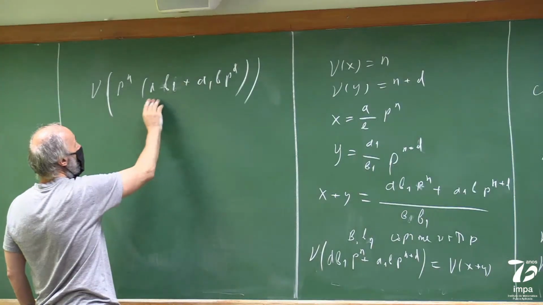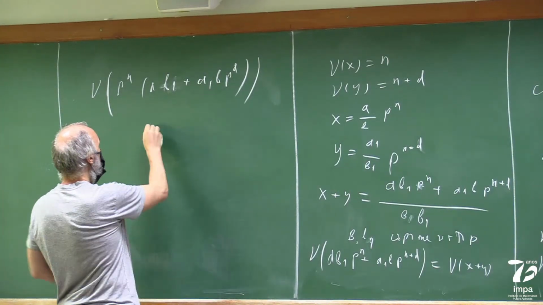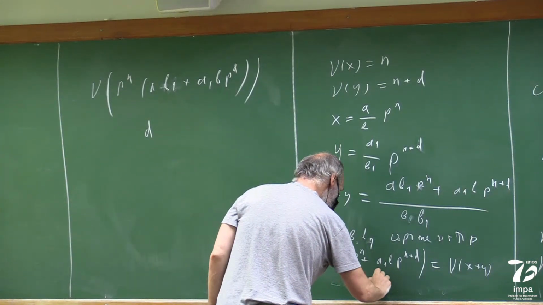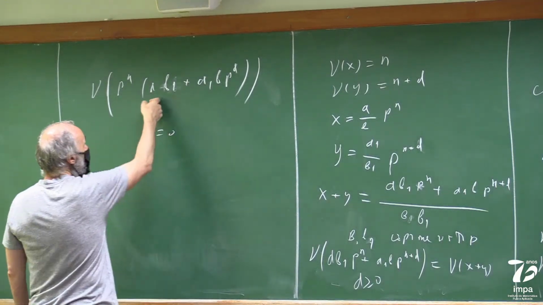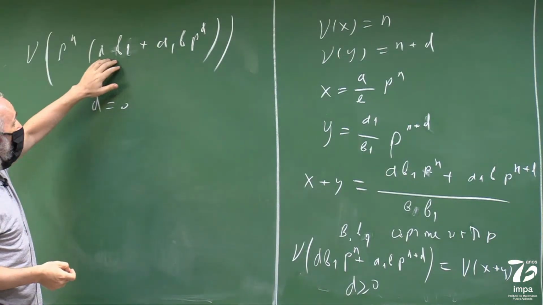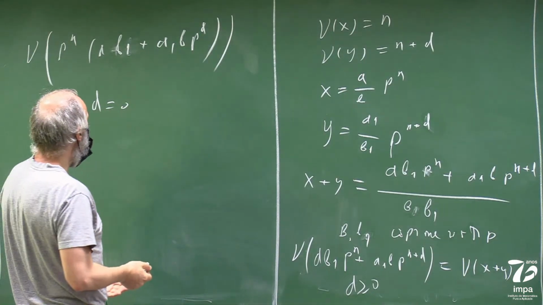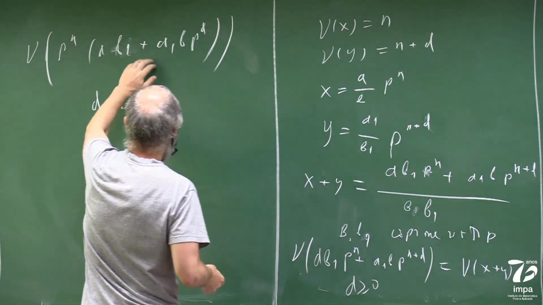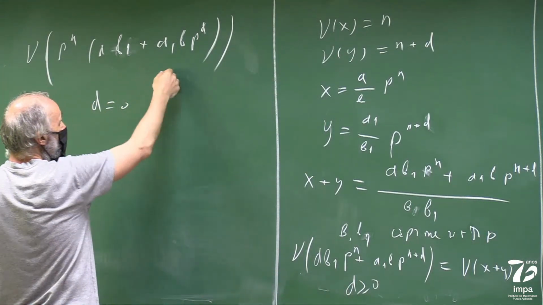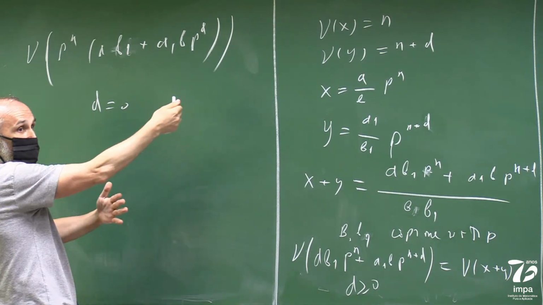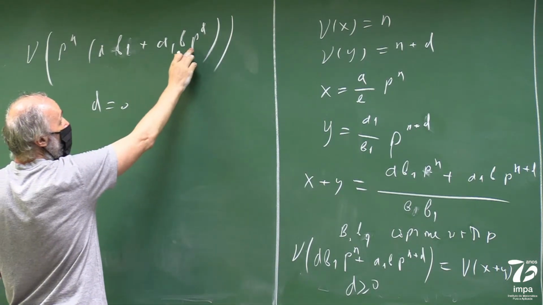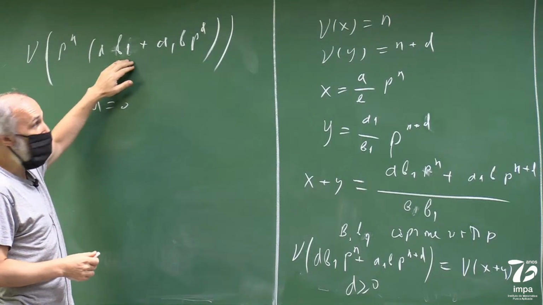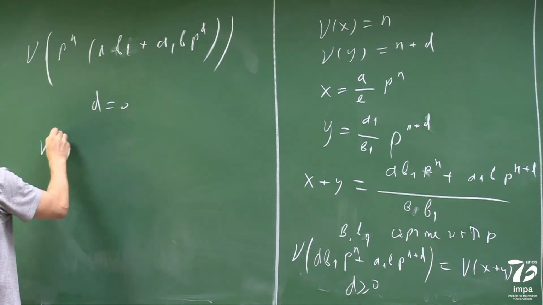Okay. Now this is coprime with p. We assume that d is non-negative. If d is equal to 0, this can, a priori, be divisible by p, but this is an element in R, so its valuation is at least 0, maybe bigger. But if d is non-zero, then this is definitely coprime with p, so nu of this thing,